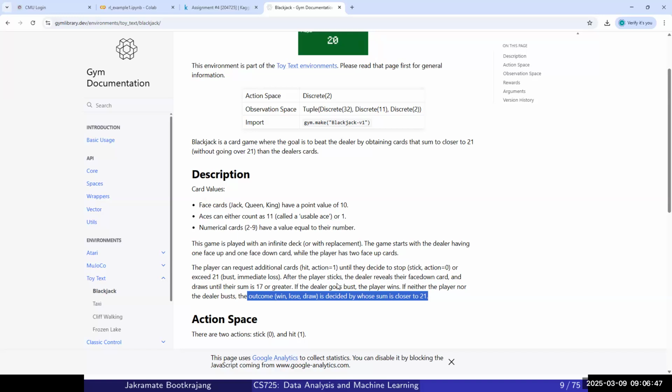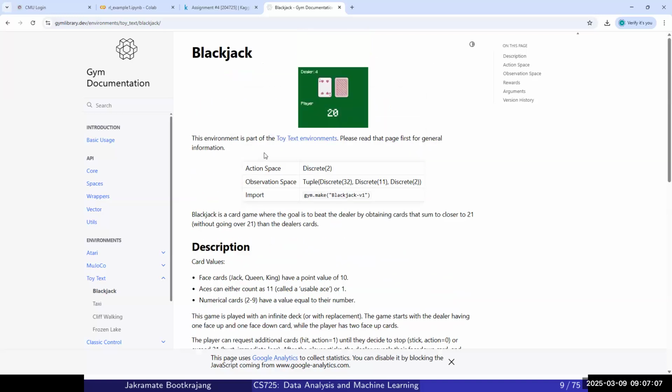So have you played blackjack before, or maybe heard of the word blackjack, right? So hopefully, okay. They created this environment for us, so we don't have to write code for shuffling the cards, dealing the cards, and so on. And what we have to pay attention to is two things. First is the action space, right? So in our diagram here,